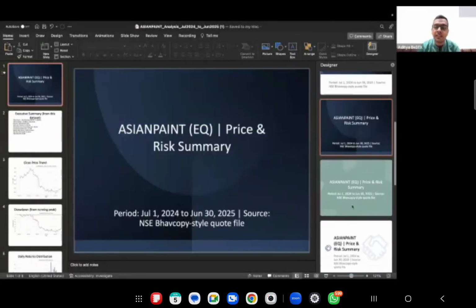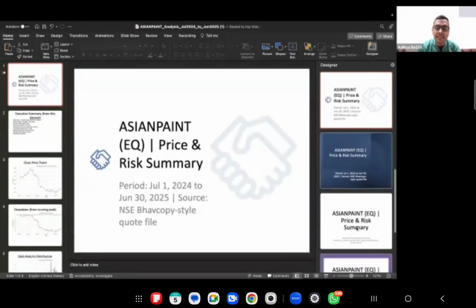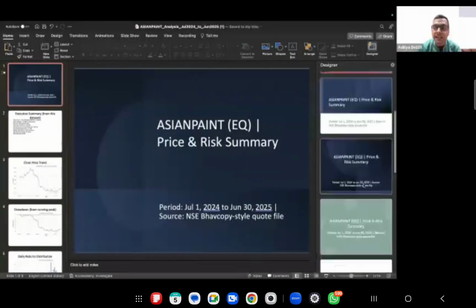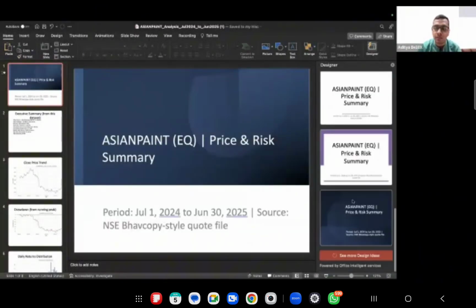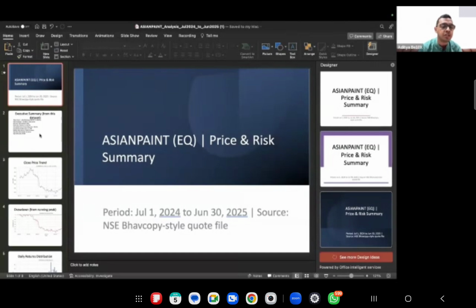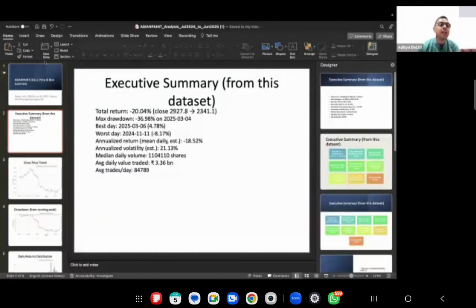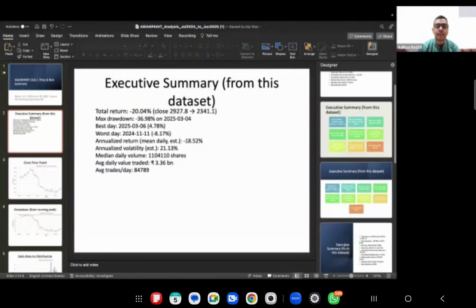Like this, you can see over here, these are the various sort of design options it has given us, and you can choose any one which you like. If you like this, you can choose this. If you want to see more design options, you can choose this. If you go over here, click on the second slide, again, depending on whatever design you chose in the first slide, it will give you more options.